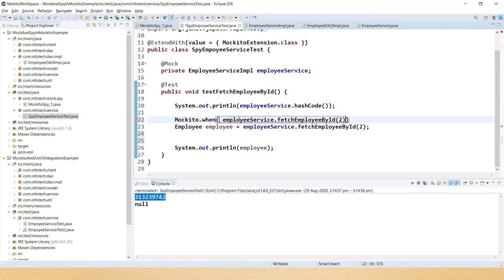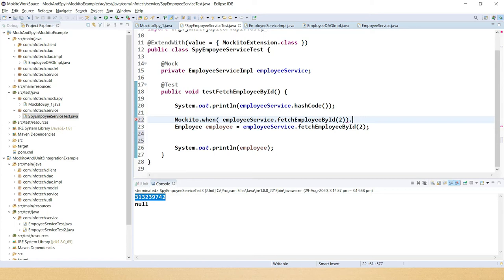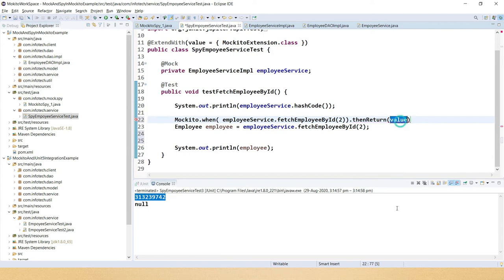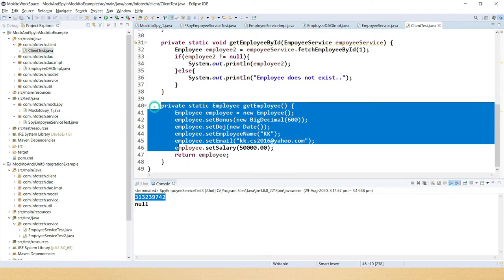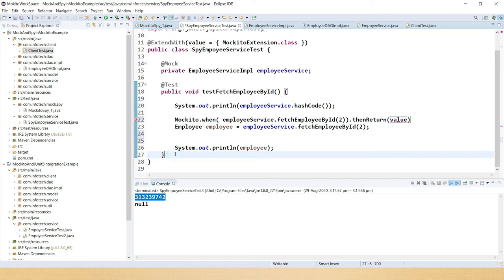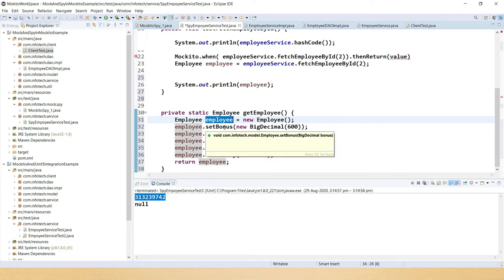If someone calls something like this, right, with employee ID 2, then return, I will supply here a fake object, right? Some fake object you can supply. That fake object I could get from this example. So here I can have one object, and here employee ID I did not set, so no problem at all. If you do not set, the employee ID will be displayed as 0.